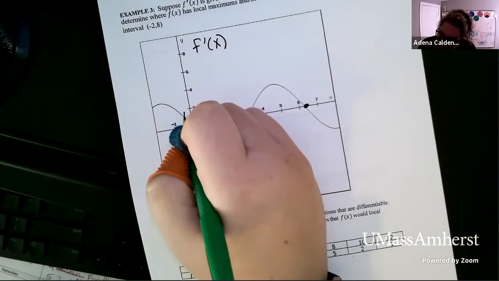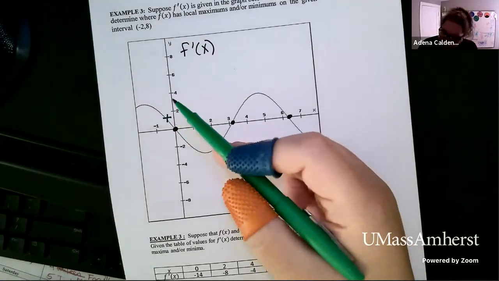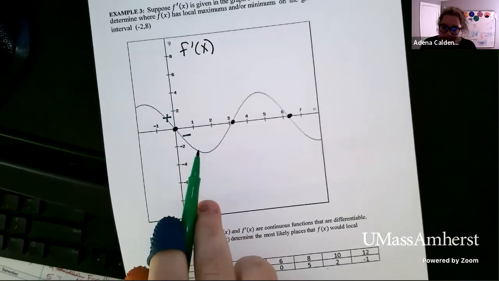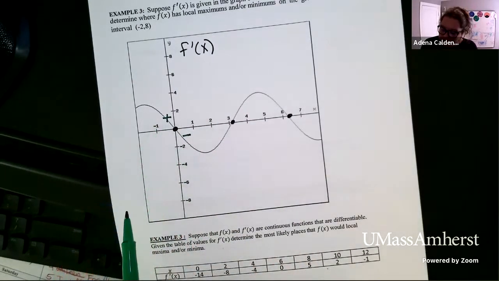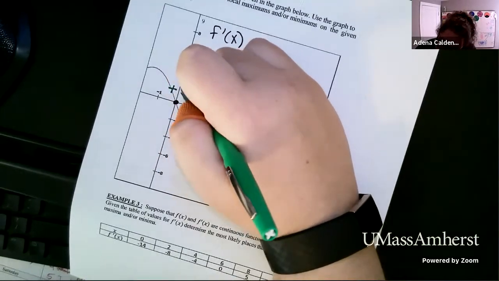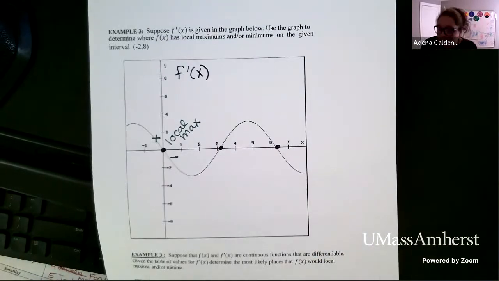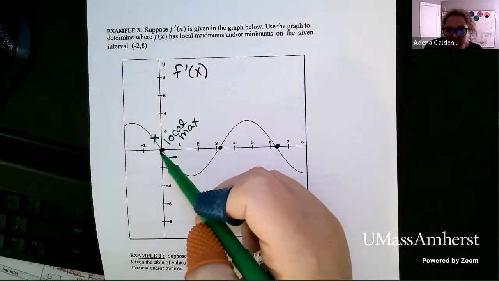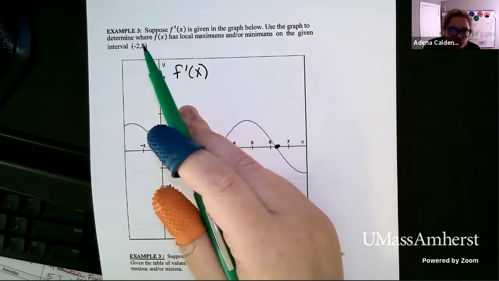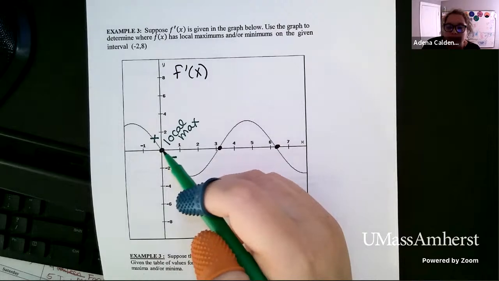So here, to the left of our critical point, our function is positive because it is above the x-axis. To the right, it is negative because it is below the x-axis. So we go from positive to negative, and the test says if your derivative goes from positive to negative, you're going to have a local max. Remember, this is telling us where the local maximum is on the original function, which we don't have. We don't have a picture of it. We don't know what it looks like, but we do know that there's a local maximum at x equals 0